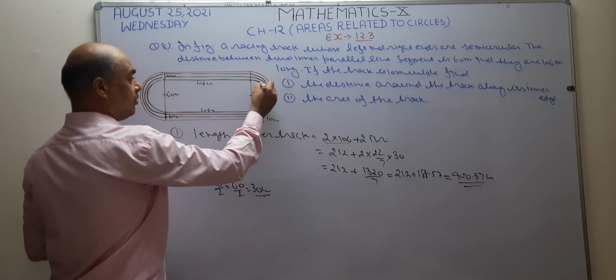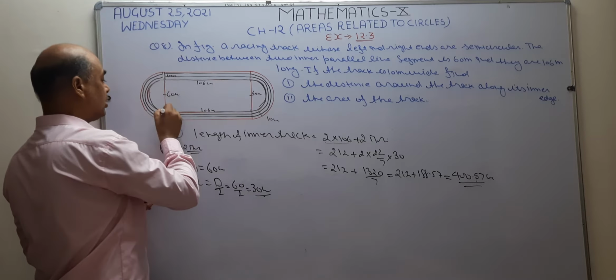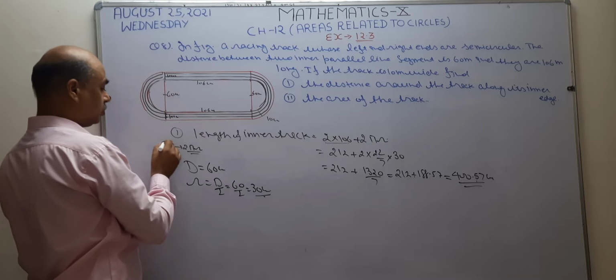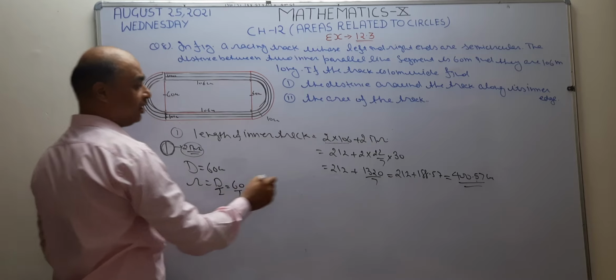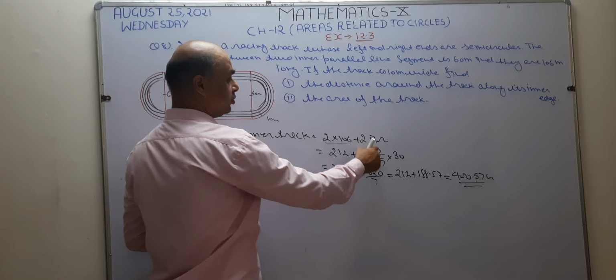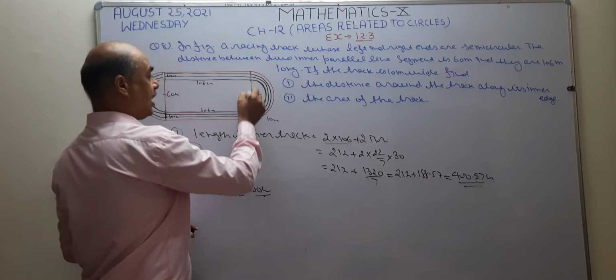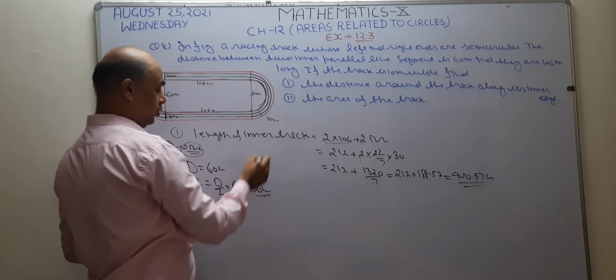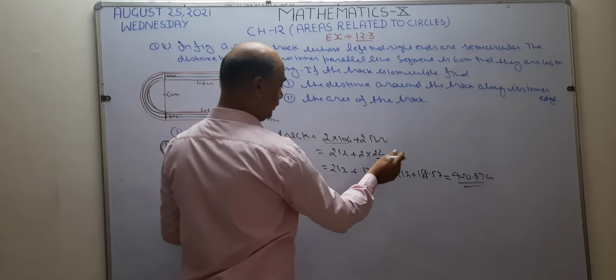Plus this semicircular end and this left semicircular end become a circle. So this is the circumference of the circle. So write here 2 pi r. The value of pi is 22 by 7. Since this is the diameter of the semicircle, half of the diameter, you know, is 30 meters. So this becomes the radius.